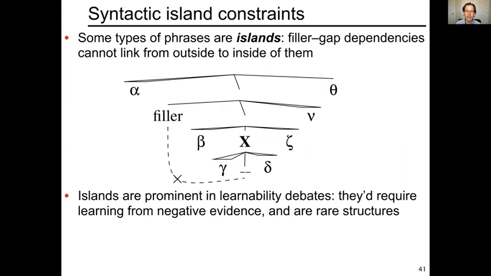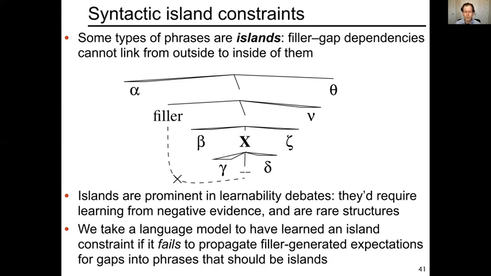So on some theories of islands, they are just sort of brute facts about language structure that would be extraordinarily hard to learn, because they're second order phenomena. First of all, you would have to learn the filler gap dependency, then you would have to learn a constraint on that filler gap dependency, and that learning of the constraint would involve what's called negative evidence. That is, learning that something is not possible from just never having seen it. And that's always a learnability challenge, because there are all sorts of things that you don't see, and how do you know which of them are things that you just didn't happen to see versus things that can't happen? And islands themselves, even the configurations in which an island could occur, are not necessarily that common themselves.